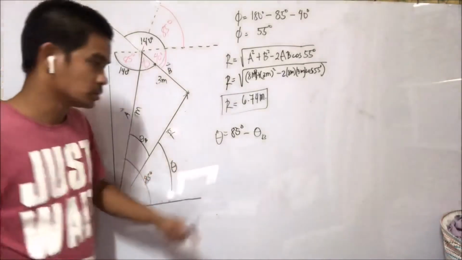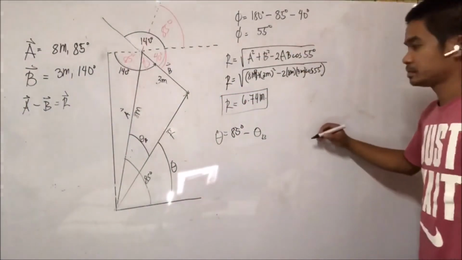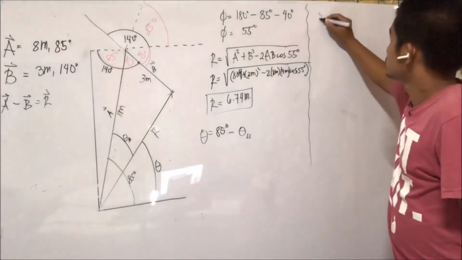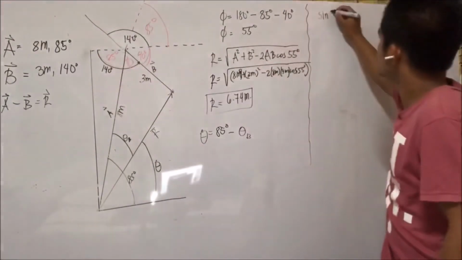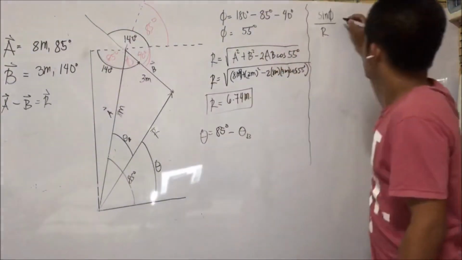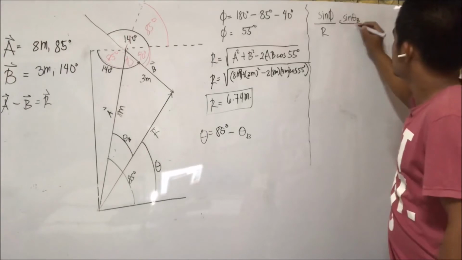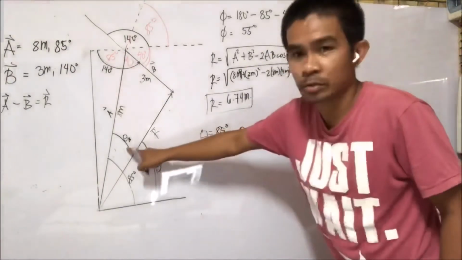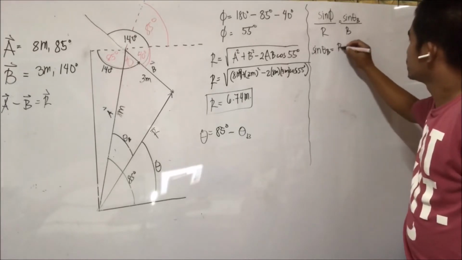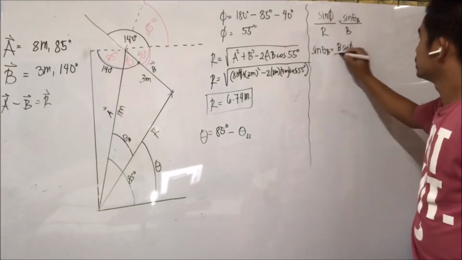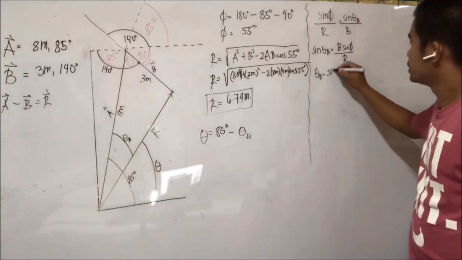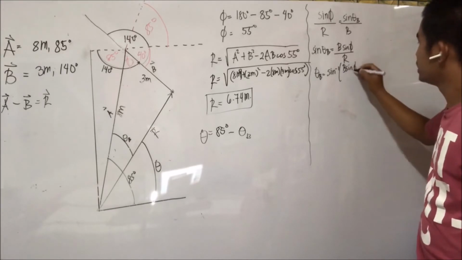So this time we're going to use the sine law. The sine law is sine of phi over R, since R is the opposite side of phi, which is equal to sine of theta B over B. So we have sine theta B and its opposite side is B, or sine theta B equals the magnitude of vector B sine phi over R, or theta B equals the inverse sine of B sine phi over R,